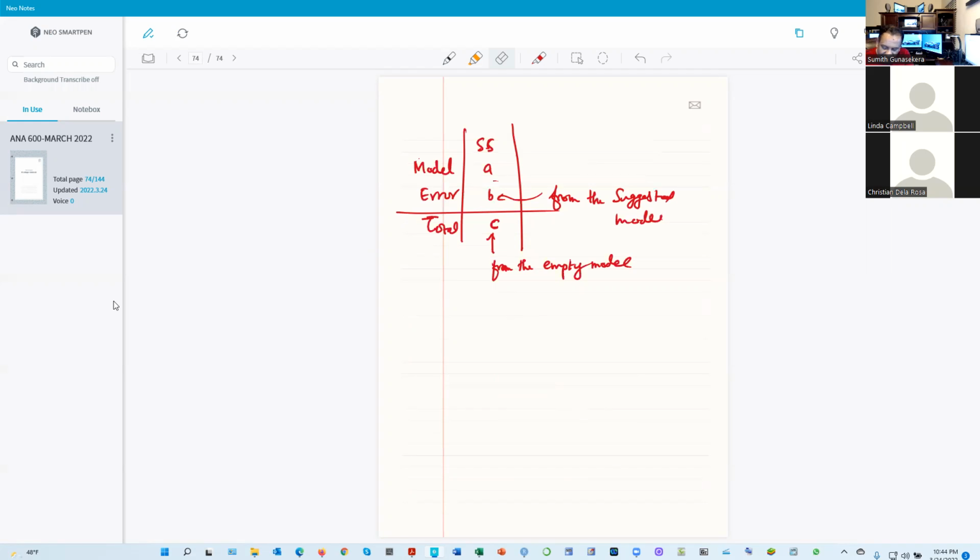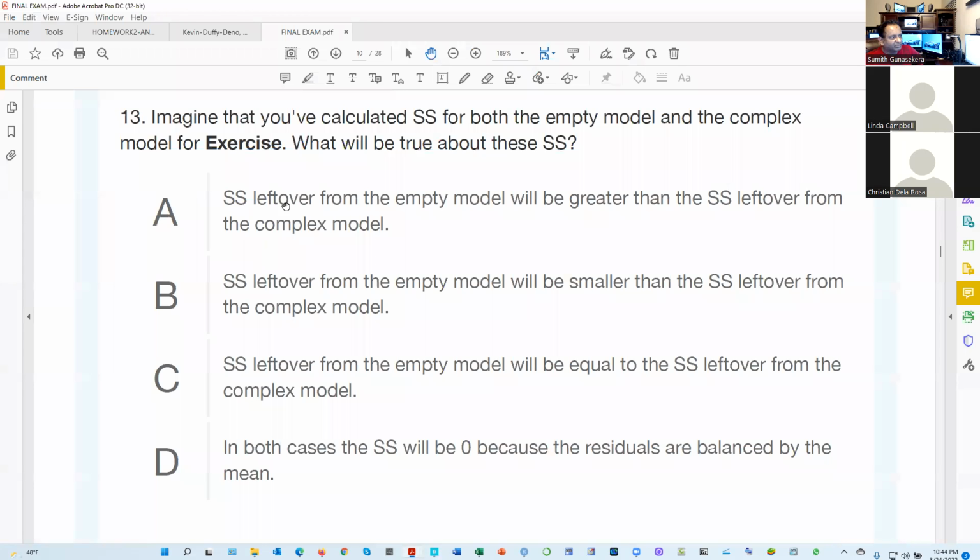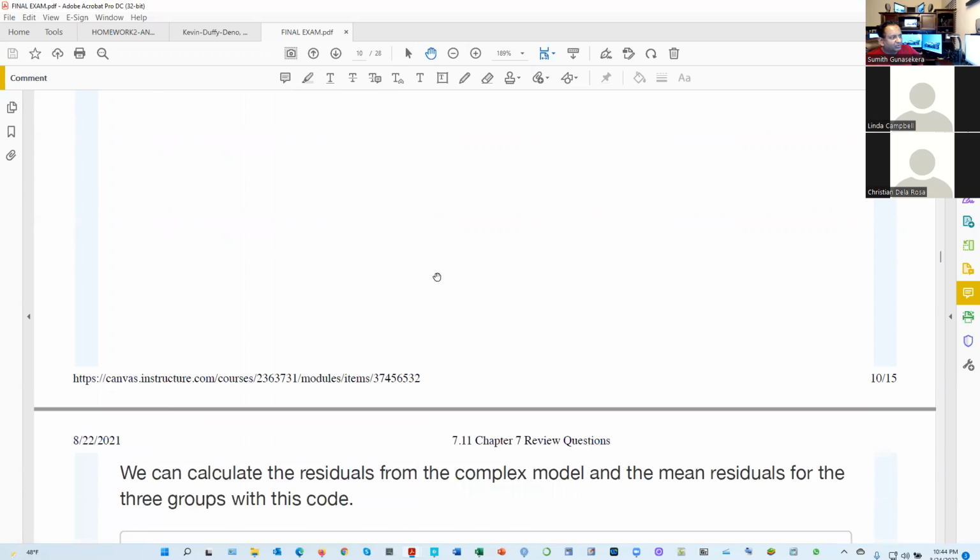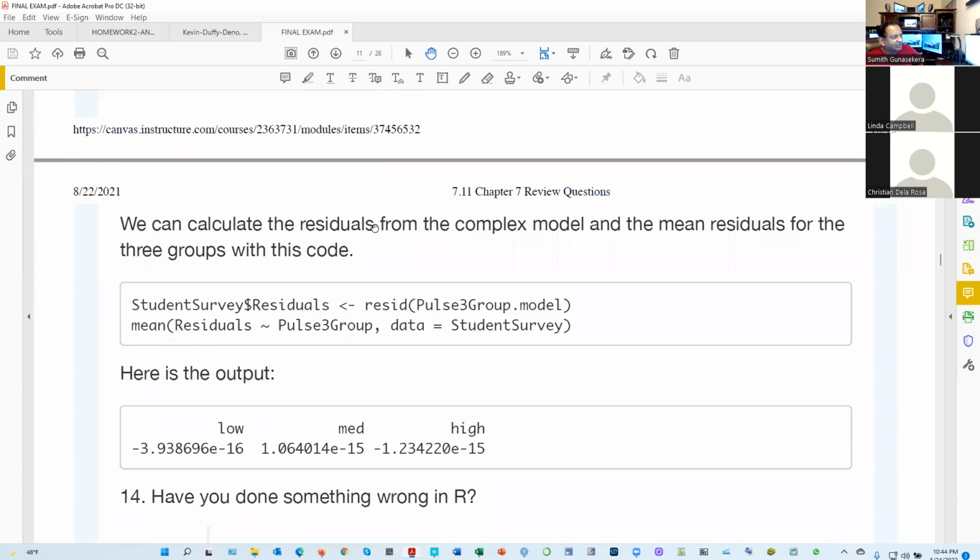So if you compare this number and this number, who is bigger? C is bigger than B. That's why 13A, because of that reason. The sum of squared leftover error from the empty model will be greater than the sum of squared error leftover from the complex model. So number 13 is A. Number 14, we can calculate